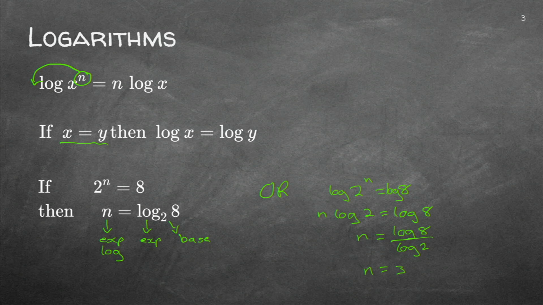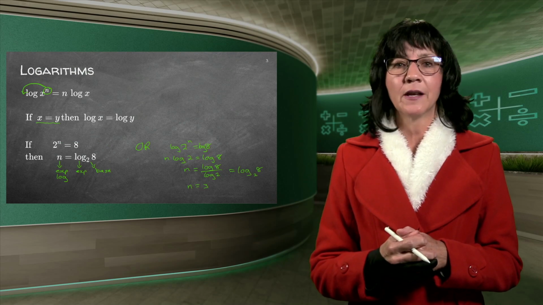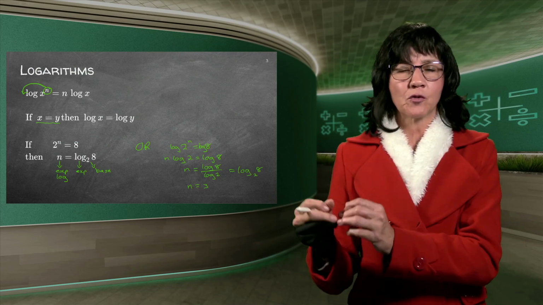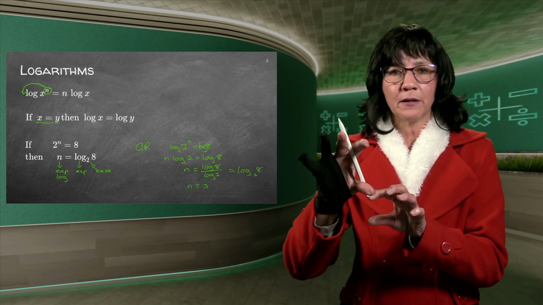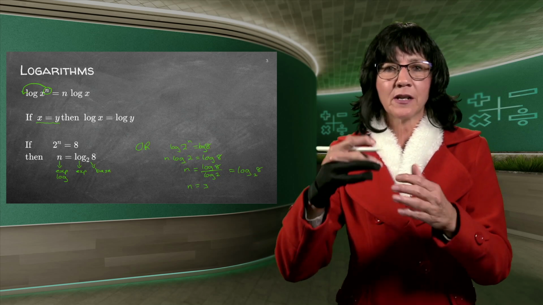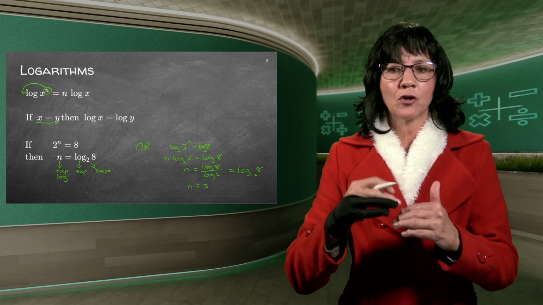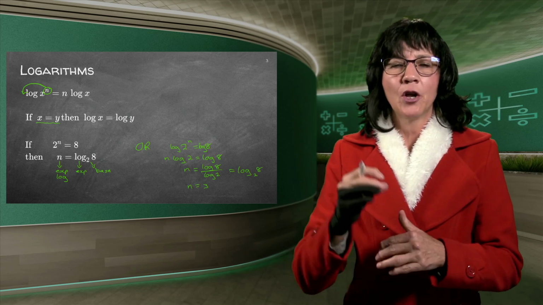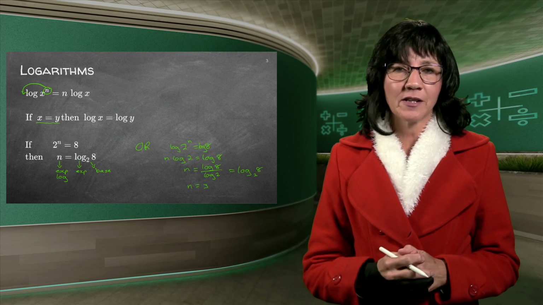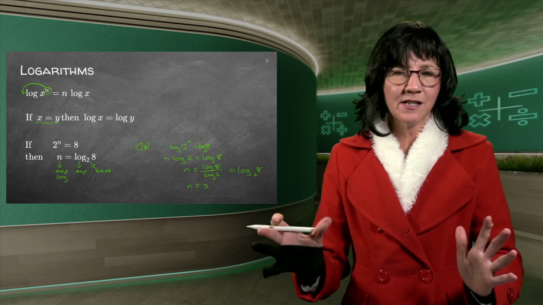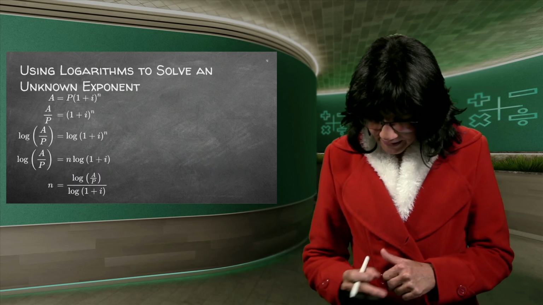But there's even a better way. If you use that little log rule of yours, which was also a log rule that you learned when we did logs and exponents, you can make two different logs into just one, because there is a button on your calculator that has a little footnote and a big number next to the log. So instead of clicking log 8 divided by log 2, you can just click the one button, log base 2 of 8, and it will also give you 3. Whichever one, they both give you the same answer. That's why I say the very last lesson is the easiest of all.